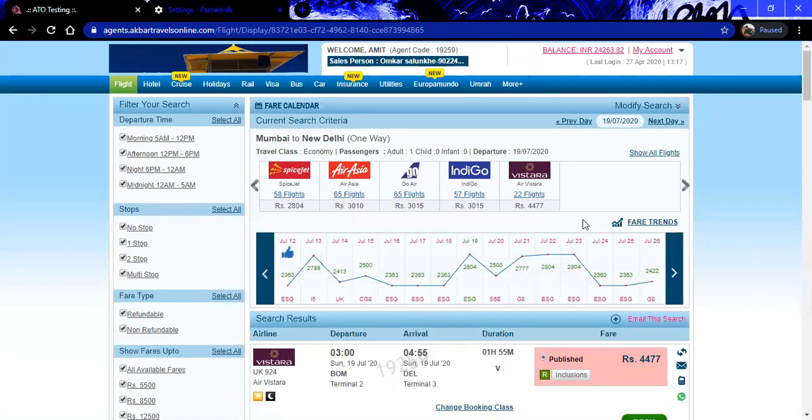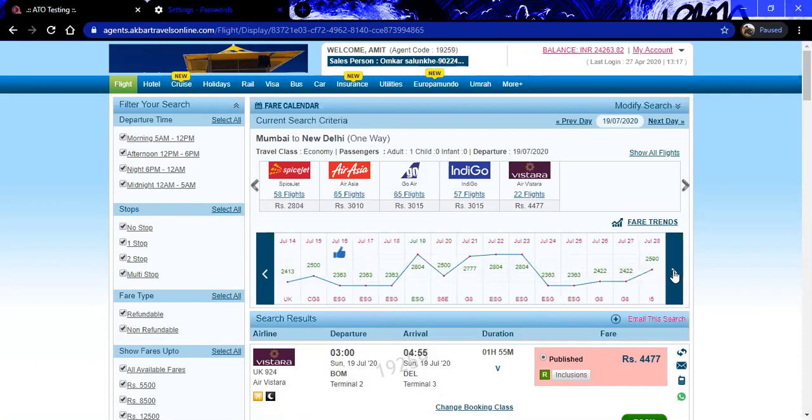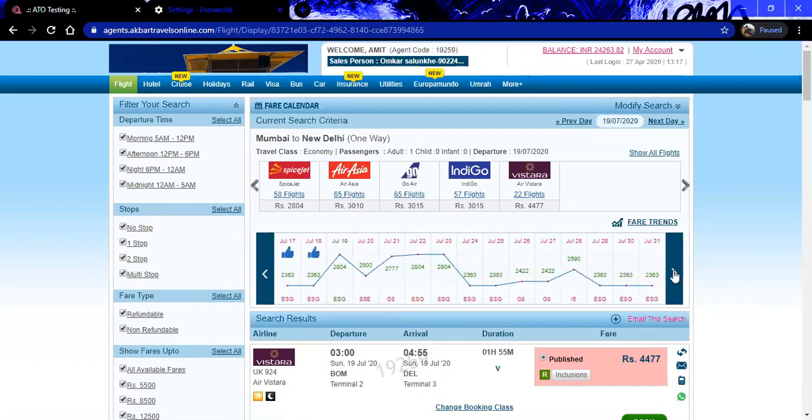The fare graph shows, where the thumbs up is there, the best buy fare, that is the lowest fare for that month, and that is for SpiceJet. If you wish to see future dates also, you can just click on the arrow and get the fares for further dates. So you can search accordingly. This is how the fare trend is.